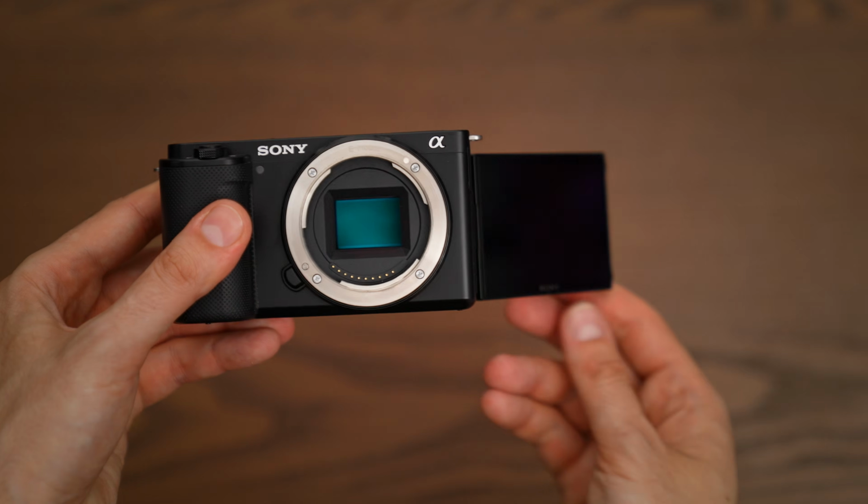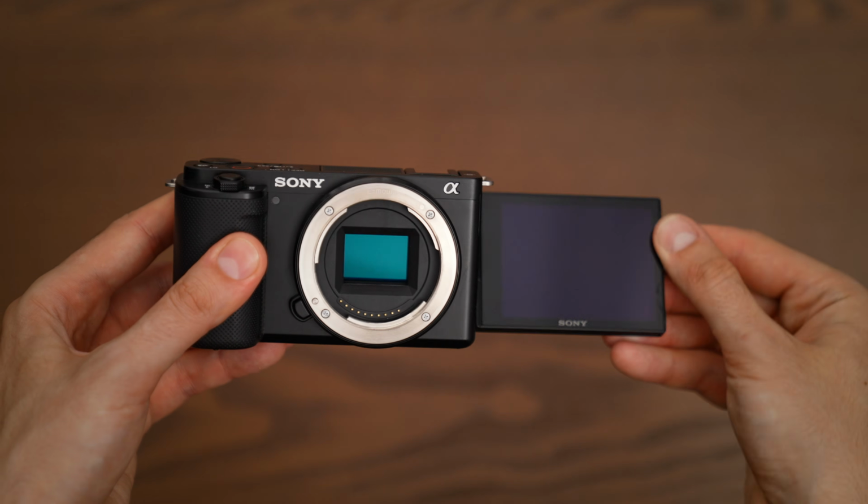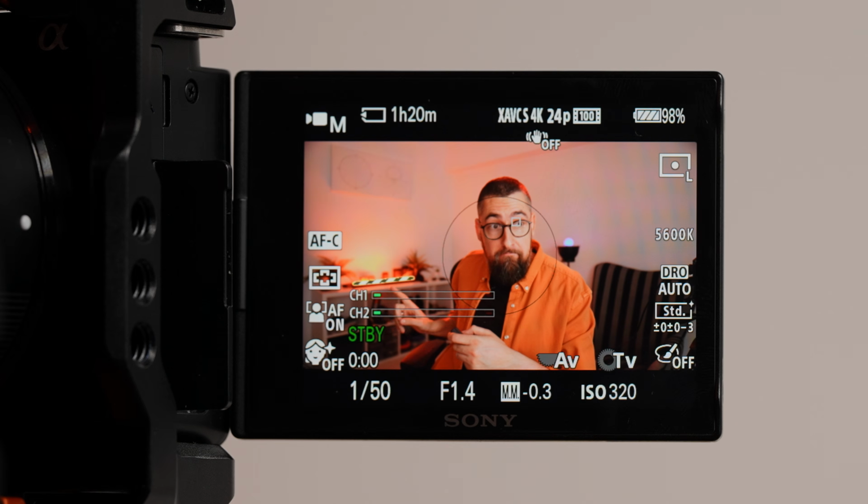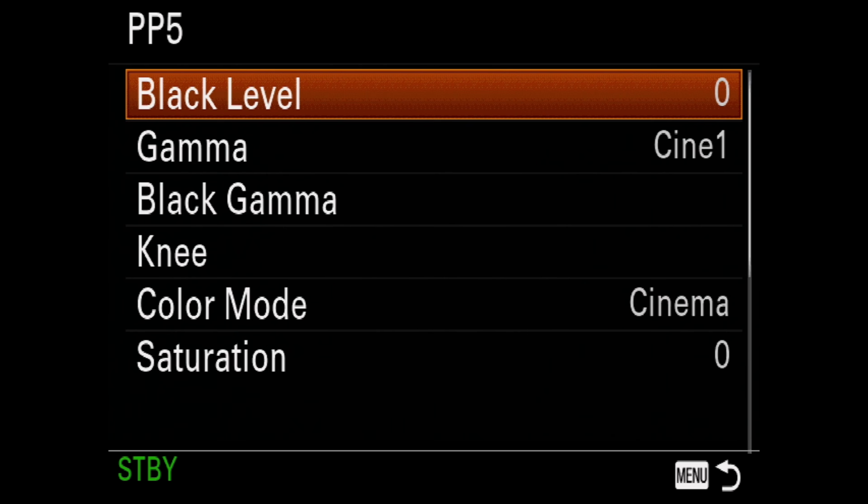You have a great camera, Sony ZV E10, but you've been using it wrong from day one. Yes, this image is shot with ZV E10, and if you want to achieve the same quality, you need to master exposure and use the right picture profile. I will show you how to achieve the best image possible all the time by having the perfect exposure for